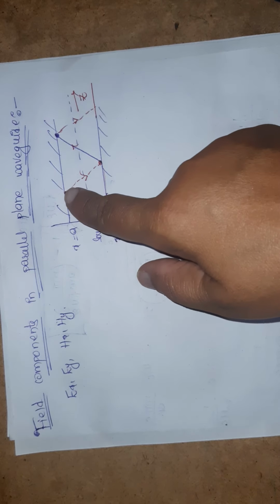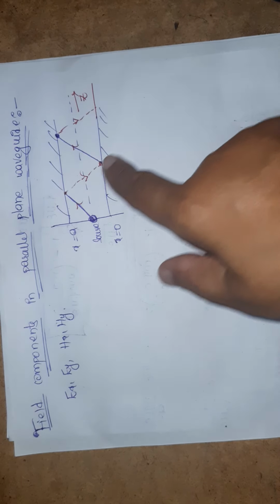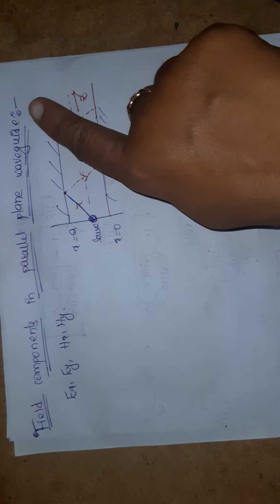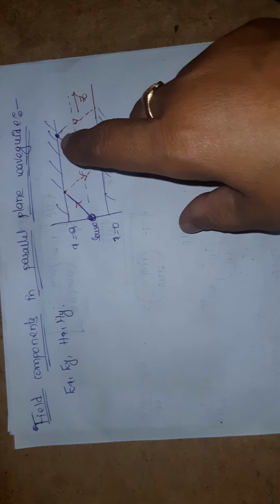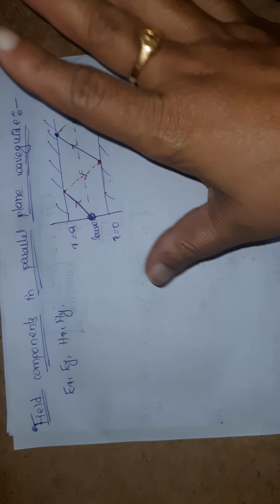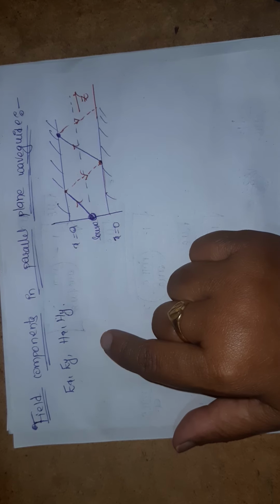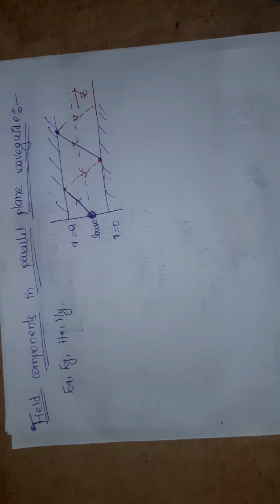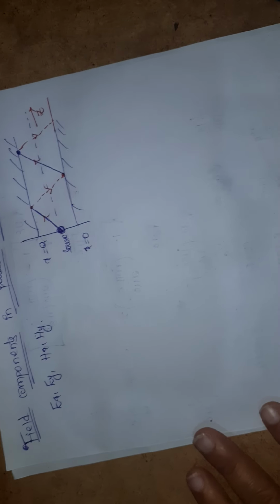If it is hitting, the wave propagation shifted. It is moving upside, next it is moving downside, next upside, downside. Okay, so if they are hitting, the electric field and magnetic field components will change along x and y directions. So like that we will have electric field components along x and y direction, magnetic field components along x and y direction. So now we are going to see the derivation for Ex, Ey, Hx, Hy.